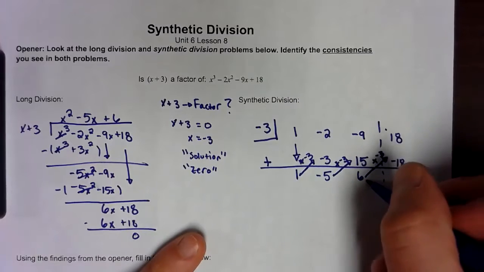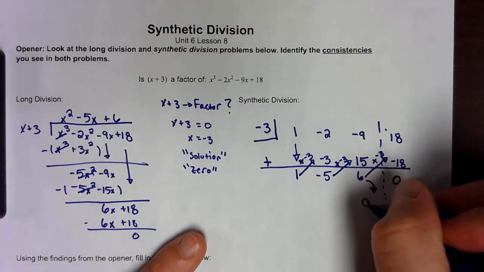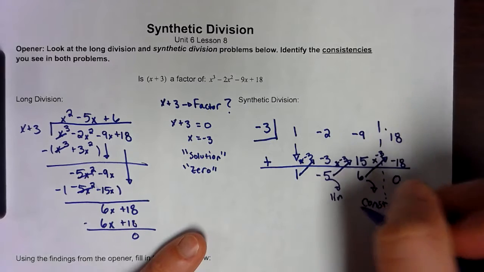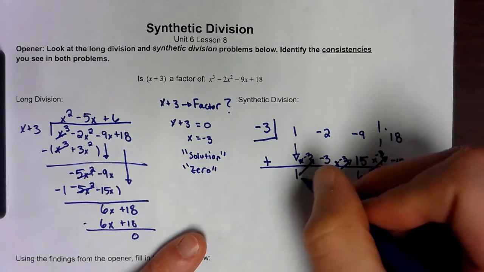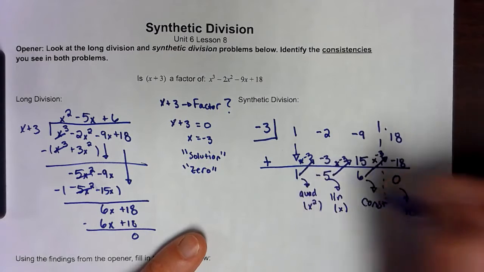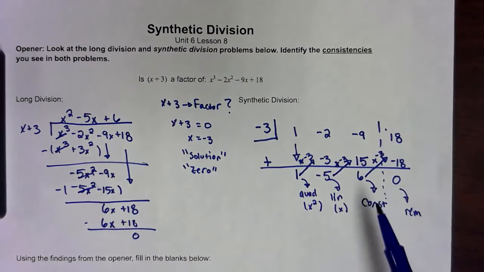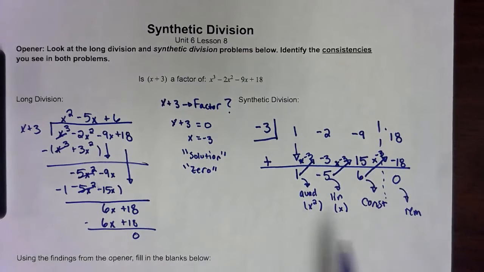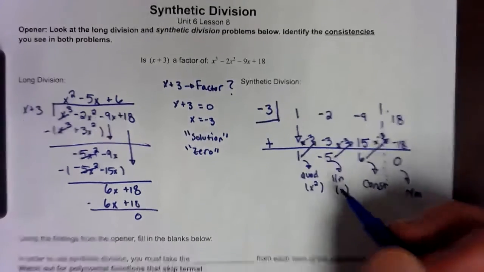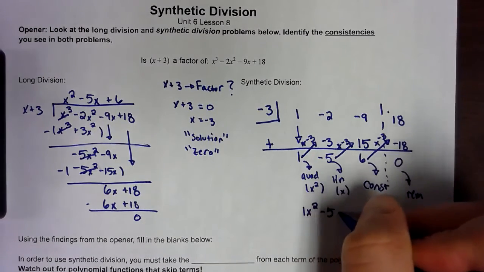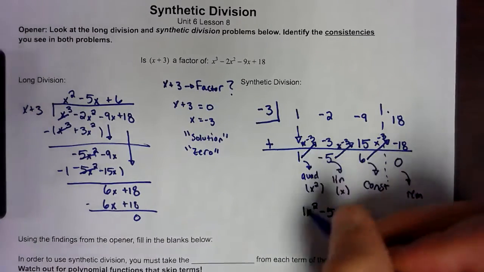And the reason is because this is our constant. It'll always be the constant. This is our linear. It'll always be the linear, which is like our x term. This is our quadratic. It'll always be your quadratic. So if we work right to left, it's always a constant, then x squared, then x cubed, and x to the fourth, etc. So just make sure we get all those terms lined up correctly. So this equation really comes out to be 1x squared minus 5x plus 6,